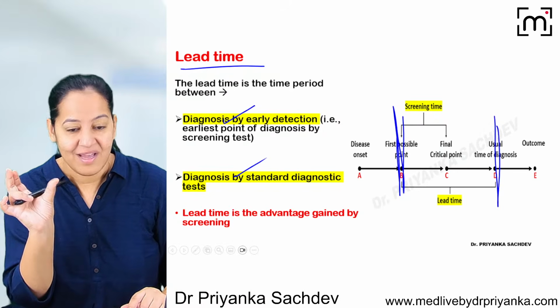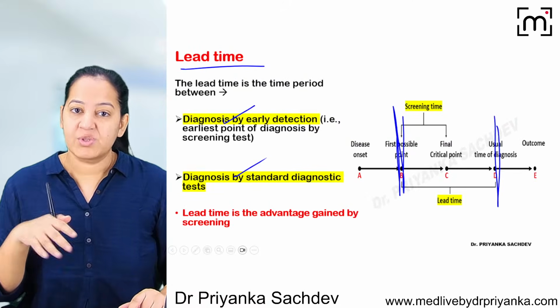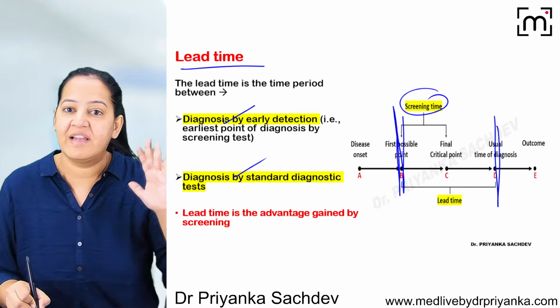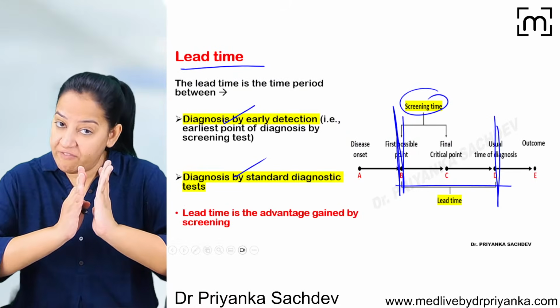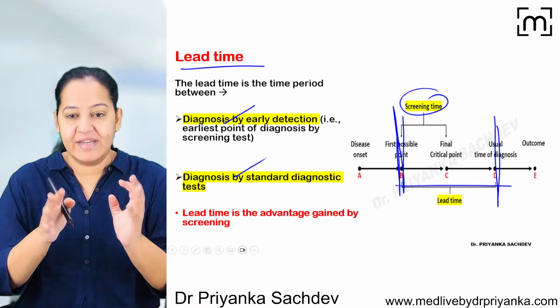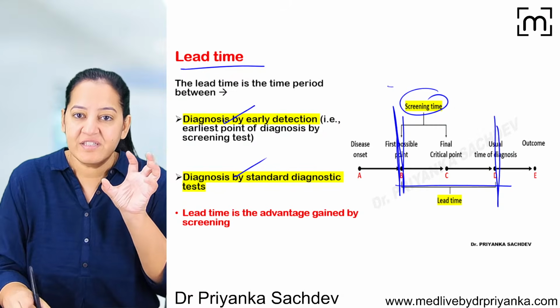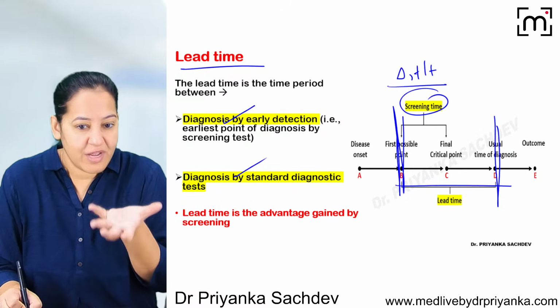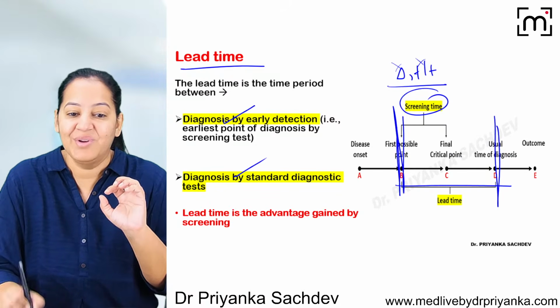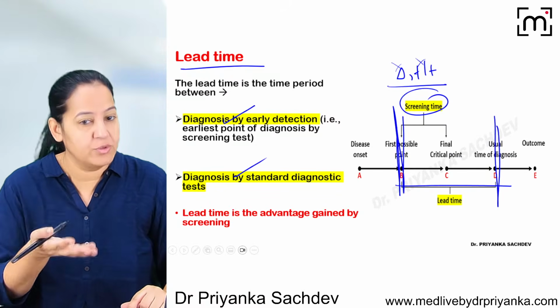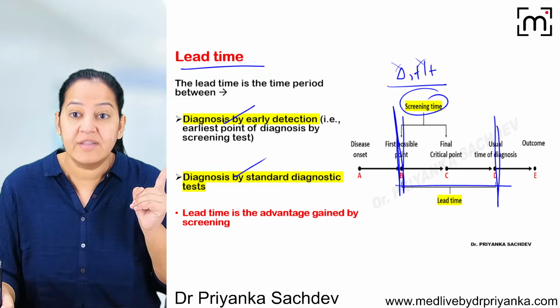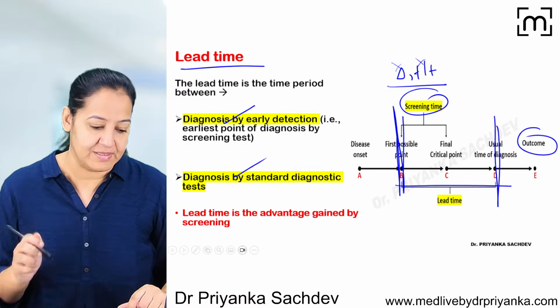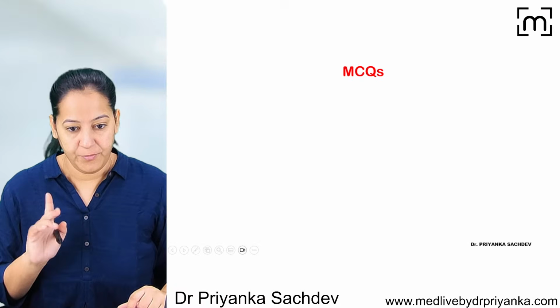So this is lead time. The initial portion is screen. So a screening test is useful only when the lead time is more. For diseases which have a longer lead time, only then is a screening test possible, because you get time to do the diagnosis as well as treatment. If the lead time is very short, you don't have any time to do the diagnosis and treatment. The time should be more, so that at least you can diagnose and treat, so that there is a change in the outcome. There is a difference in the outcome. That is the point. I hope you got it.